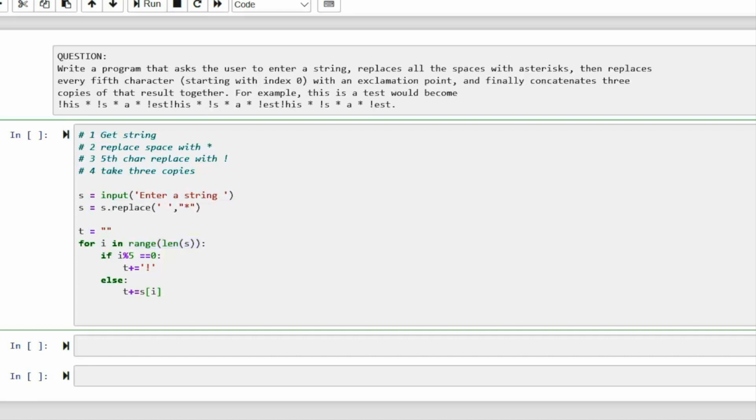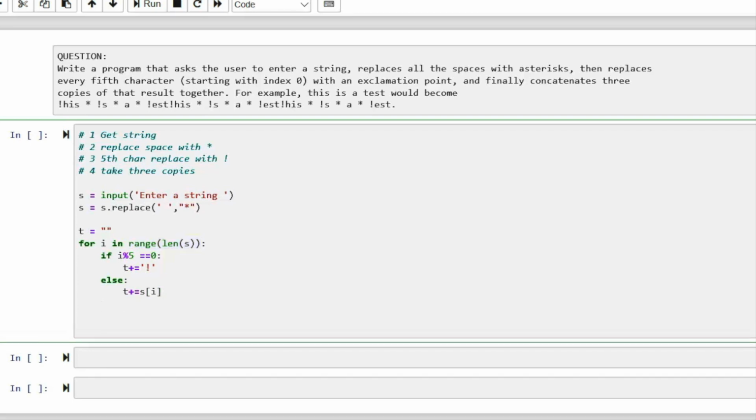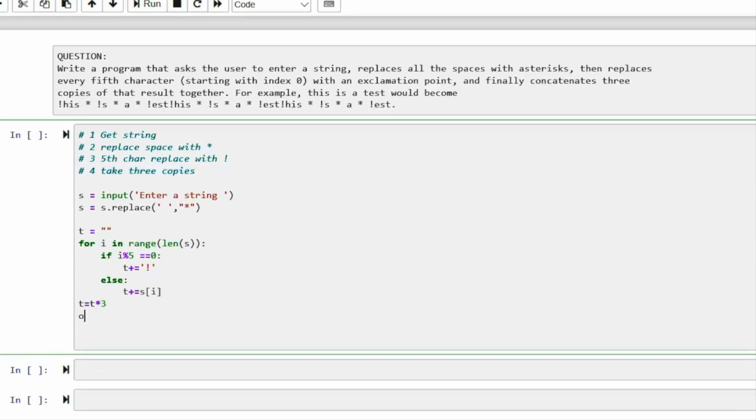Okay, and we're going to return 3 copies based on the question. The fourth step is that it is going to be t times 3. So we can print